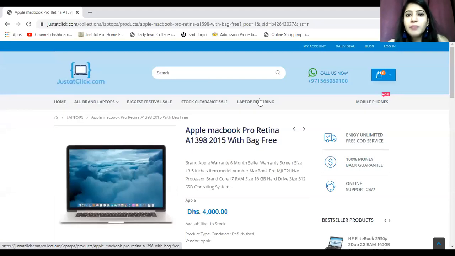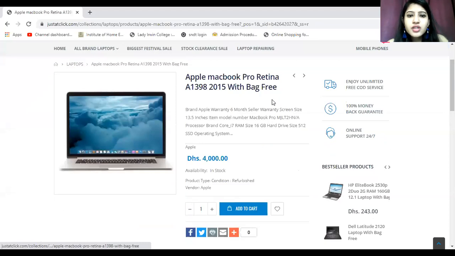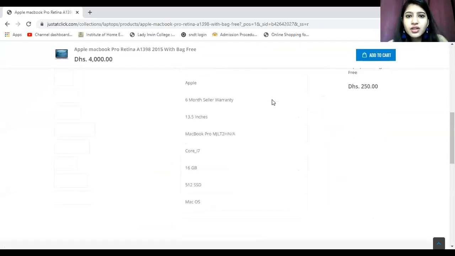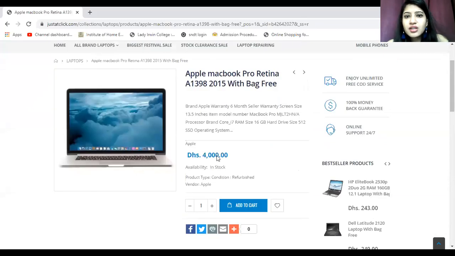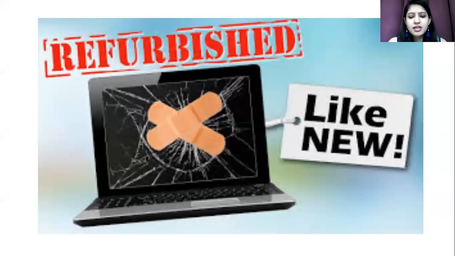It has got a bag free with it, as well as a small description box offering you different offerings, as well as the small description you get to see here. Along with that, you see that there is a condition written in the middle, that is refurbished. So let us talk about this condition also. Talking about refurbished products, we can say that refurbished products are nothing else but slightly brand new. Refurbished products and brand new products are quite similar. The only difference lies in the pathway. Otherwise, if we talk about functionality, everything is the same here. Now, what does the refurbished products pathway actually look like?